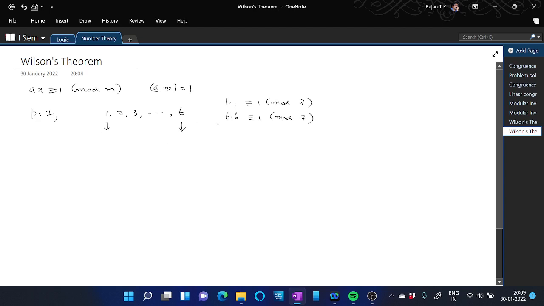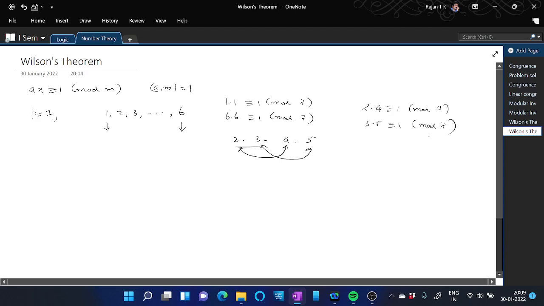And the remaining residues 2, 3, 4, 5 can be paired such that 2 and 4 are inverses to each other and 3 and 5 are inverses to each other, because 2 into 4 is congruent to 1 mod 7, and 3 into 5 is also congruent to 1 mod 7. Now all the residues of the prime number 7 from 1 to 6 are invertible,